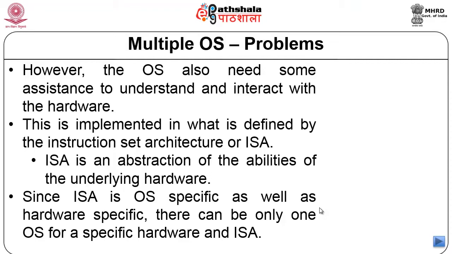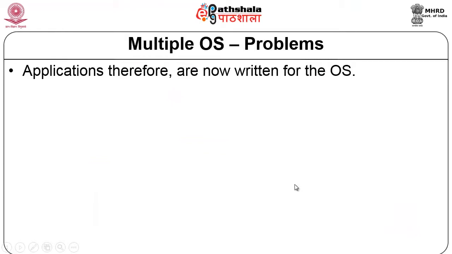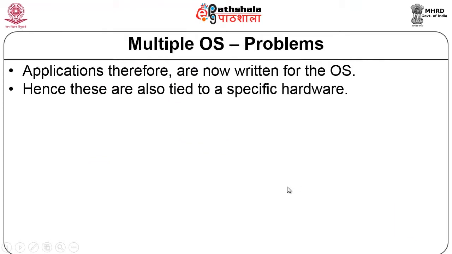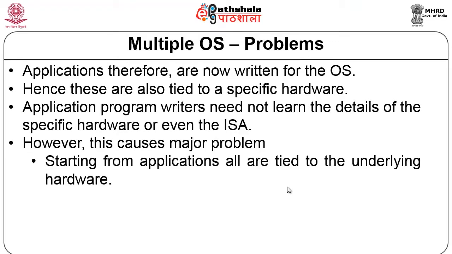A specific ISA can abstract a specific hardware. So, this ISA layer is tied to the hardware, operating system is tied to the ISA, and applications are tied to the operating system. This way, we have everything tied to the next layer, and all are a part of the group. So, applications to the OS and specific hardware, all these will be combined to form one group which cannot be